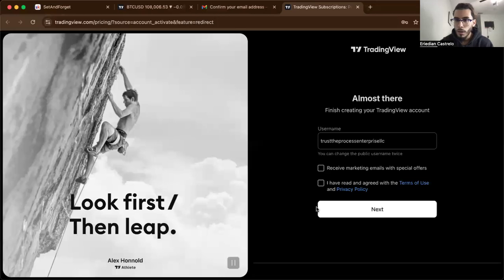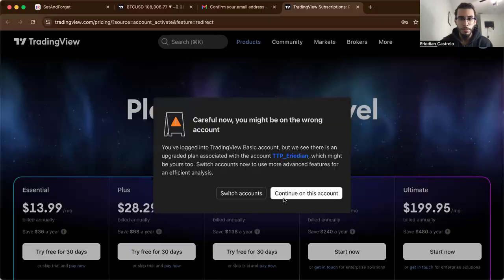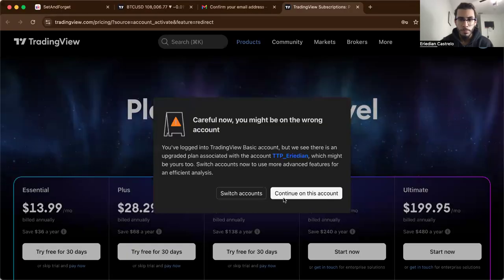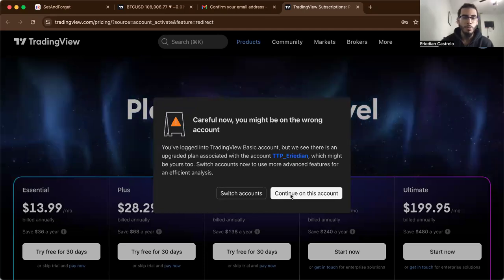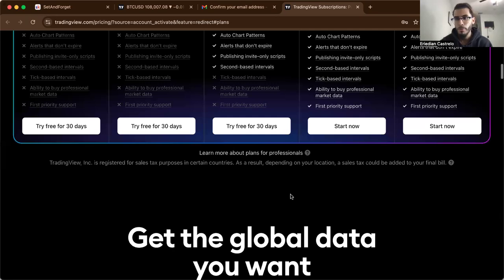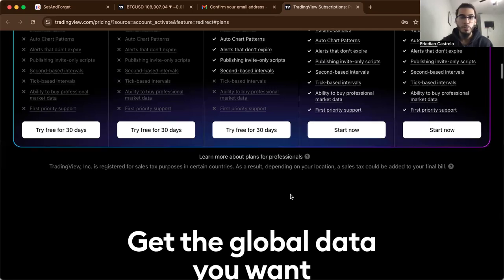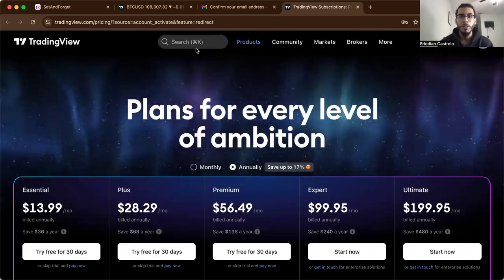Boom, I have read and agreed. So this is just the screen showing that. I'm gonna continue on this account for right now, right? Because I do have another account that I pay for, but you guys don't have to pay for this at all, right? So once you get to this screen right here, which pretty much just shows that, hey, I created an account,